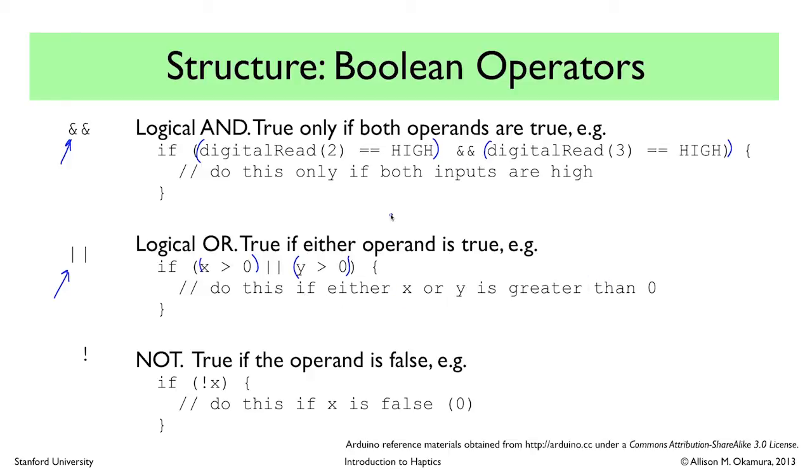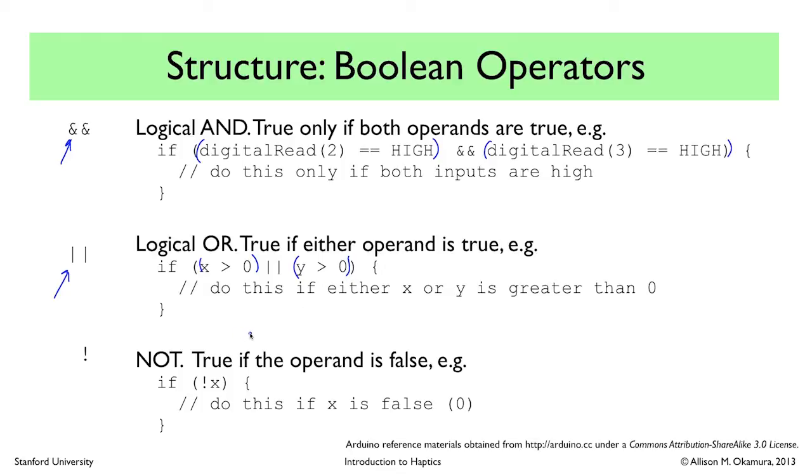If it was an AND statement instead of the OR statement here, then both x and y would have to be greater than 0 in order for the code between the curly braces to get run. You'll notice here that I started adding parentheses as I walk through. Partly I did this just to be clear what I was talking about when I'm pointing at things on the screen, but also it is useful programming practice, again, just to make sure that you know the order of operations